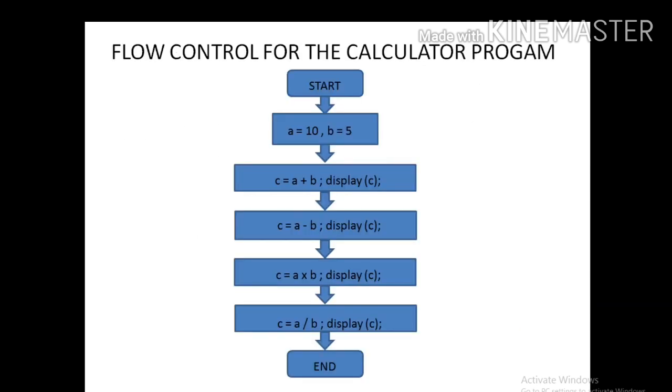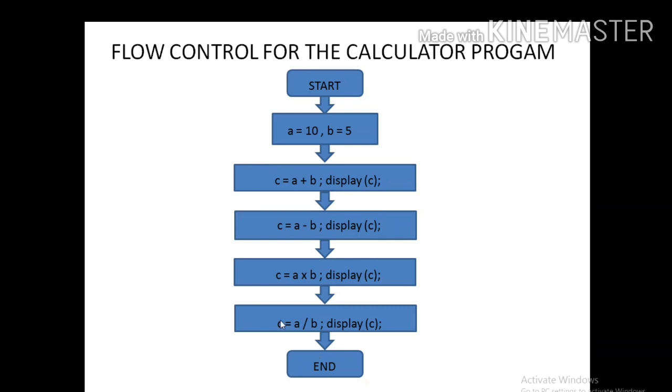Next, flow control. To know flow control we need to see this diagram. This diagram represents the flow control for the calculator program. From flow control we are able to know the order of execution or flow of execution of a program. The flow control is actually a concept and there is no physical existence of it. See here, this is a pictorial diagram and this is the start, then these are the variables we have stored, these are the several operations we have done and we have displayed the result,